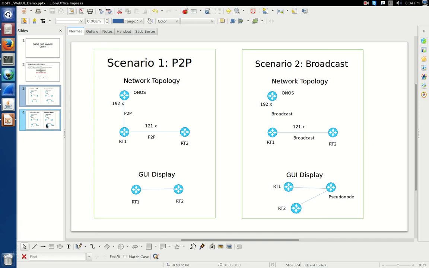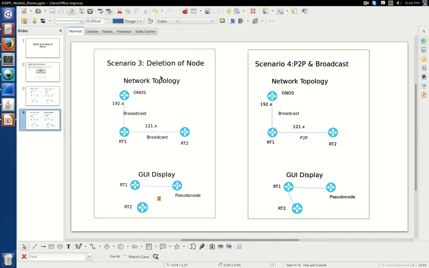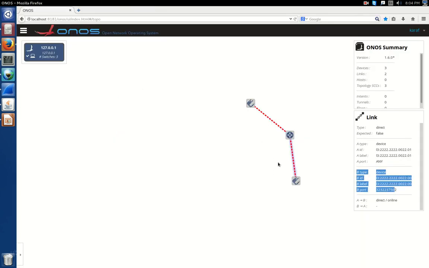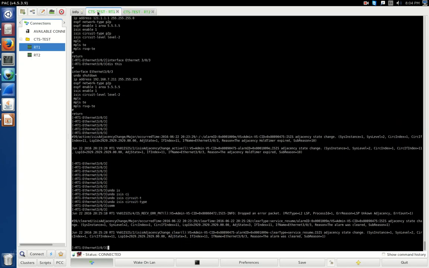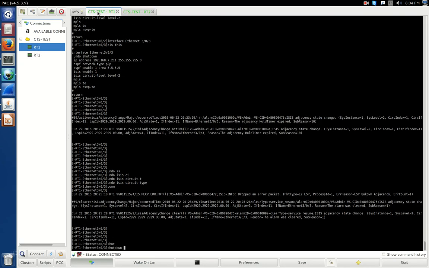Thereby we would move forward to the third scenario, which is deletion of a node. In the same network topology, we would delete one of the devices among them. So we would shut down this interface.